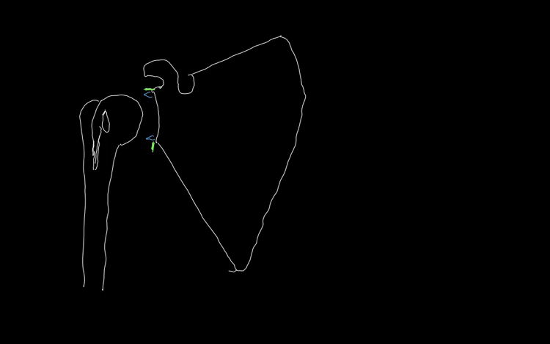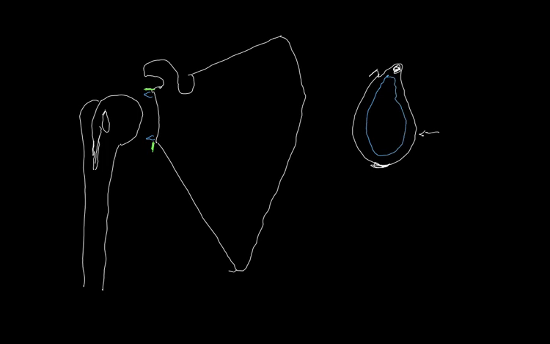If you look at the glenoid cavity from in front, you will find that the glenoid cavity is a pear-shaped cavity like this. It is convex on the posterior side and concave on the anterior side. Here is the supraglenoid tubercle and here would be the infraglenoid tubercle. The glenoid labrum is attached to its margin like this,